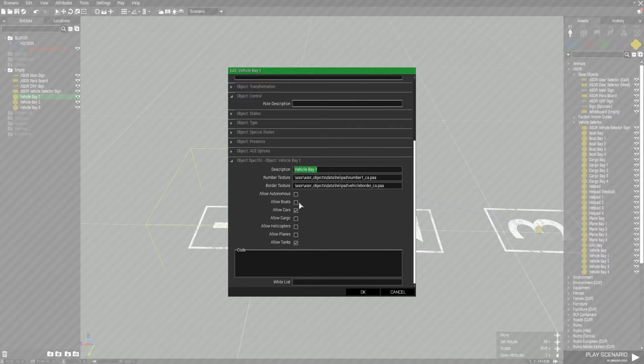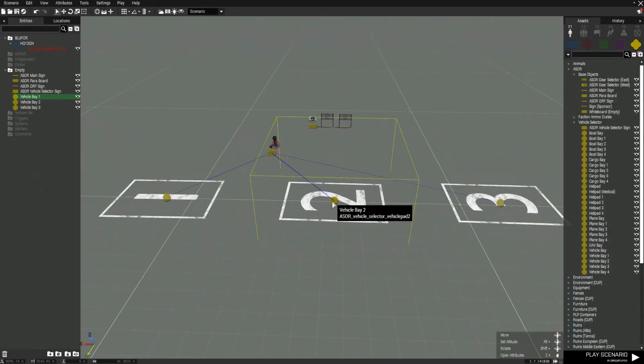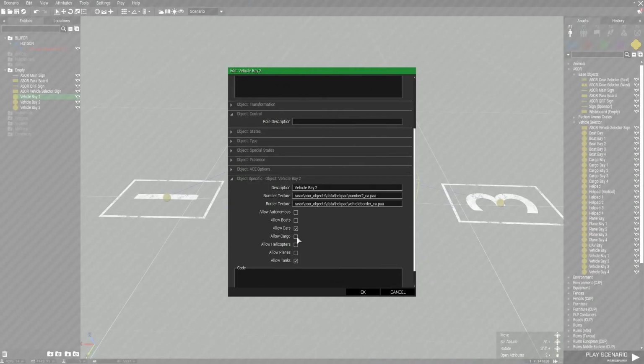So you can see at the moment a vehicle bay defaults to tanks and cars. But if you want it to be just tanks or just cars, you can tick it around. And if you want to double up on some other things, you can chuck them in as well. You might want it to allow it to spawn cargo or something like that. So if I'm adding cargo to each of these also,